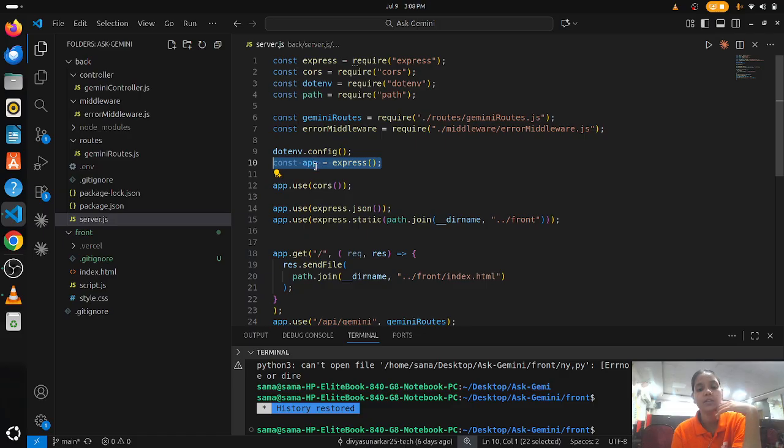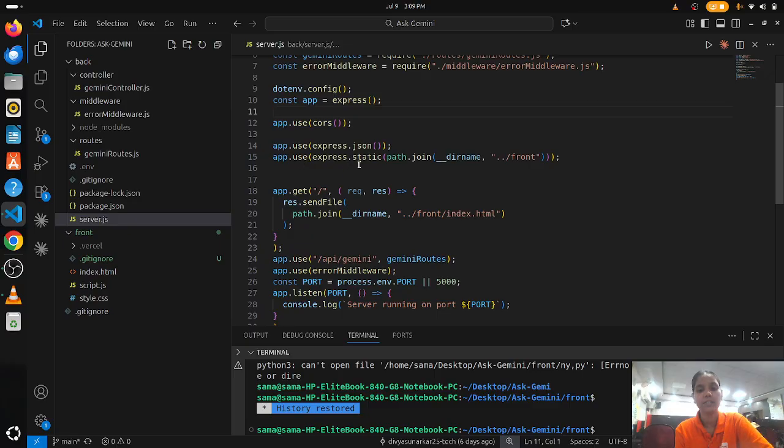In this line we use app, which is like an object working as the heart of the project.